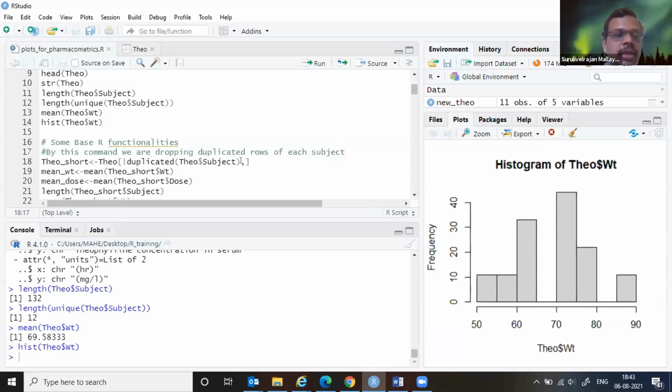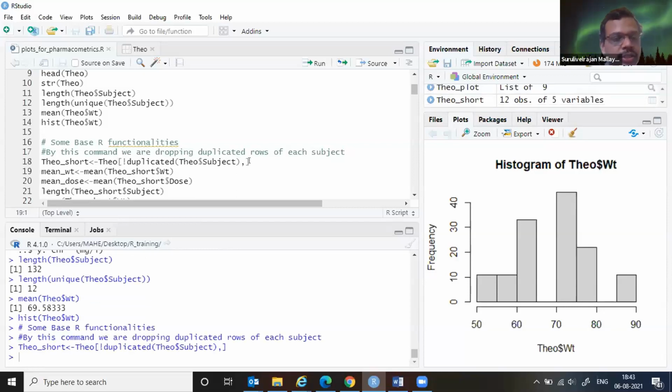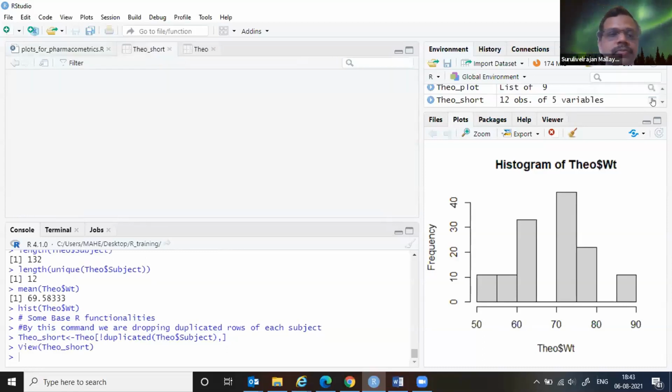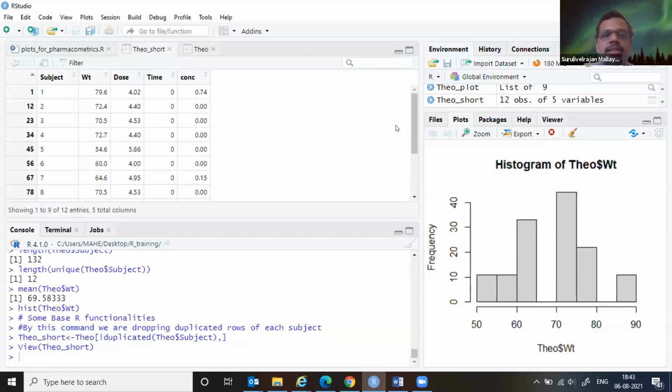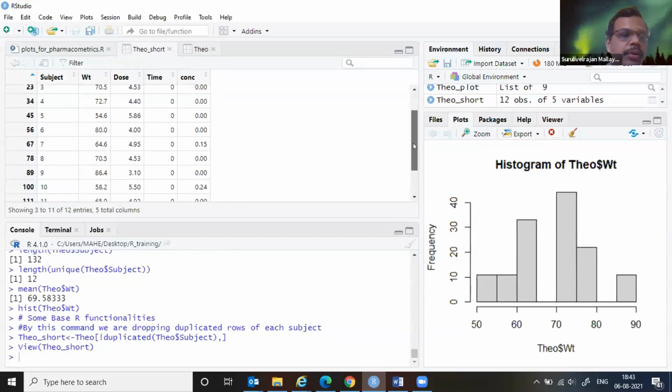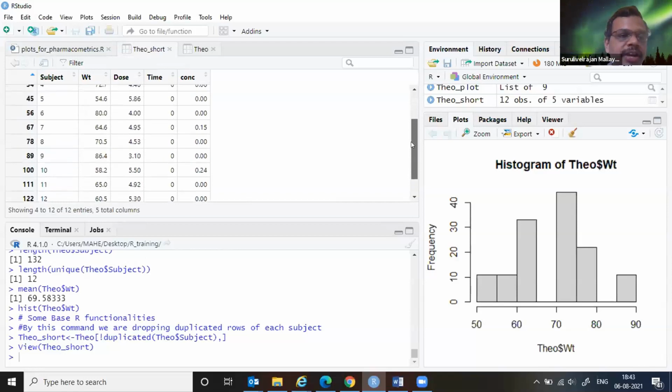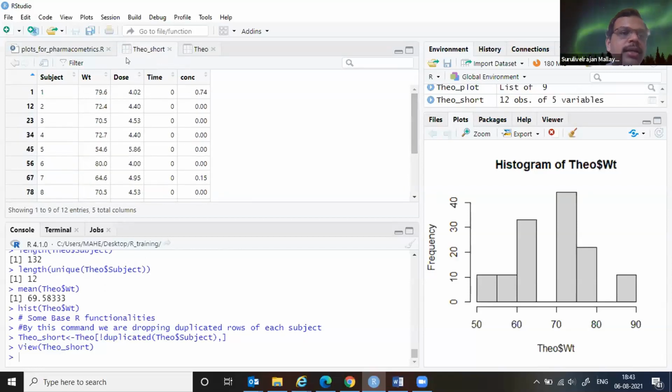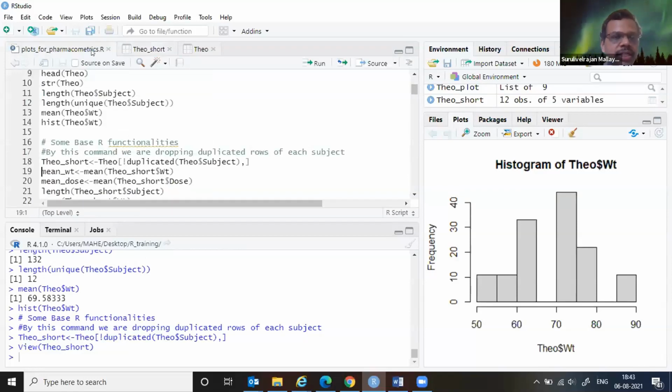When we do that, the Theo_short data frame has been created. Theo_short is here, and this is what happened now. It has created a sub data frame of 12 rows, meaning that 12 unique individuals have been picked up.